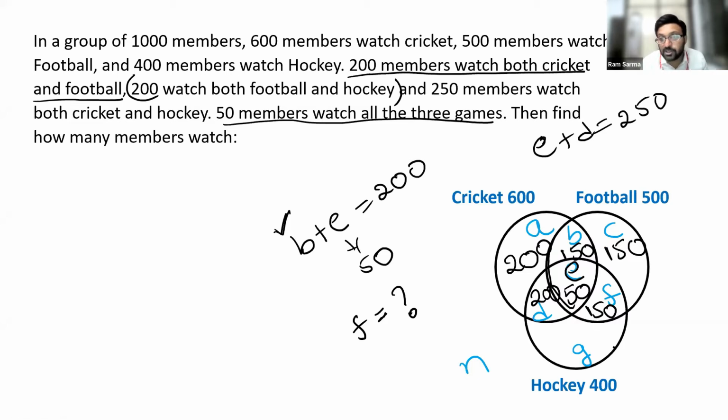Keep going. What should be the value of G now? I know that hockey is 400. Robert said that G is 0. I think Robert is very confident. Visa said 0. Godson said 0. Aman said 0. PG said 0. Yes, it's 0. We need to remember one thing here. This value should not go less than 0. So 0 is the minimum possible value. Wonderful. So G is 0.